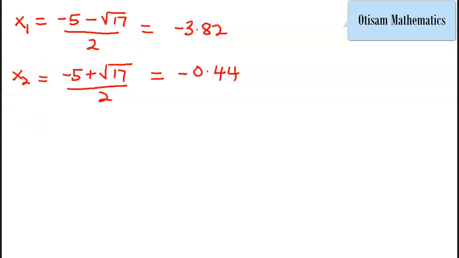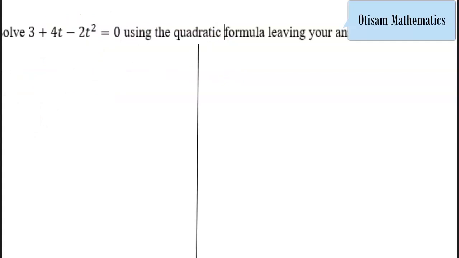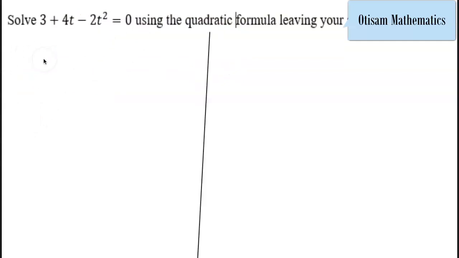Okay, let's look at the next. Solve 3 plus 4t minus 2t squared using the quadratic formula, leaving your answer as a surd. The question is specific, we need to leave our answer in surd form. So 3 plus 4t minus 2t squared is equal